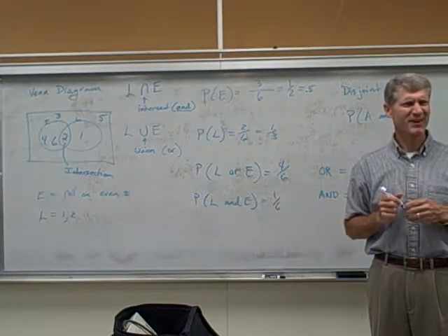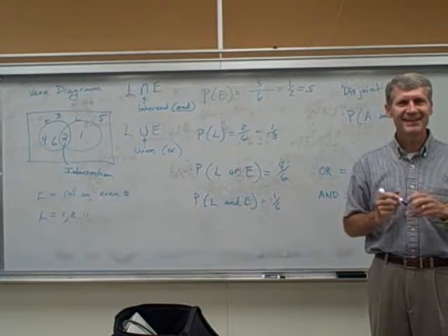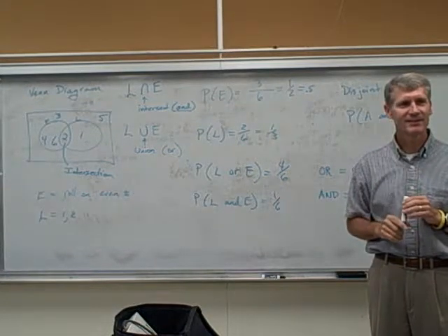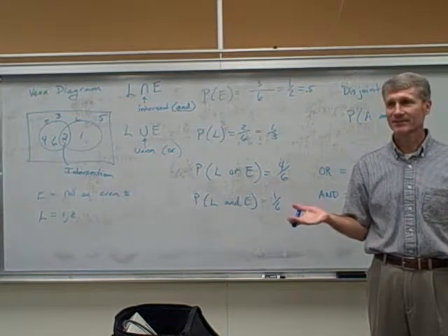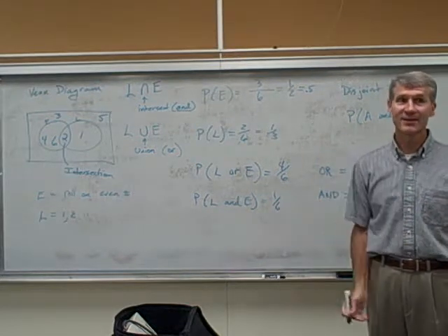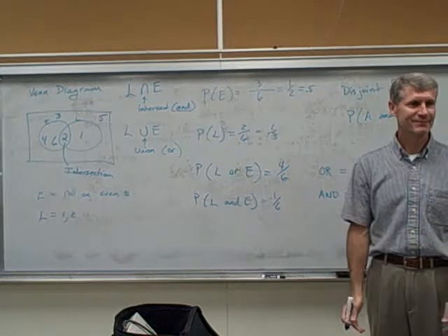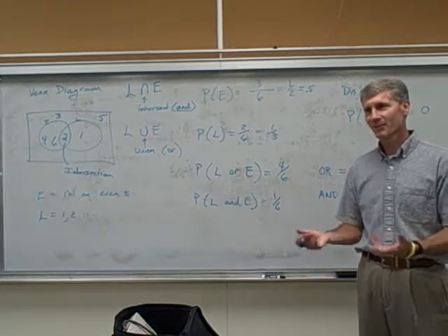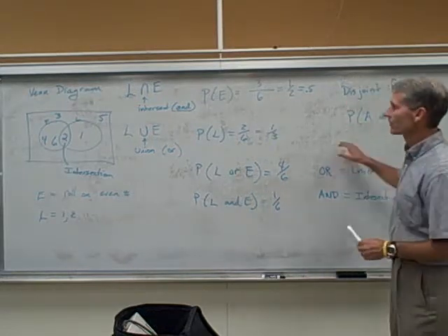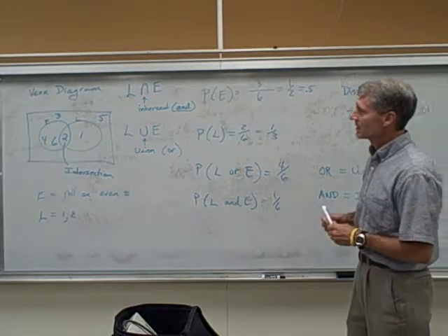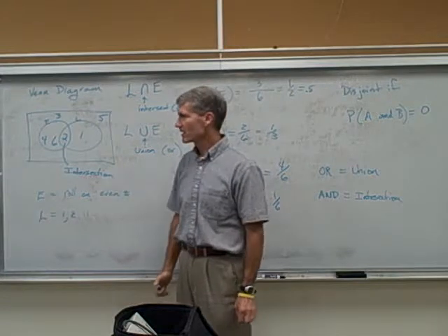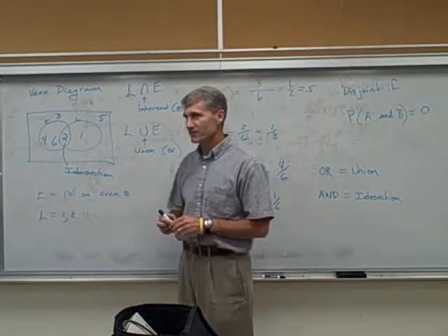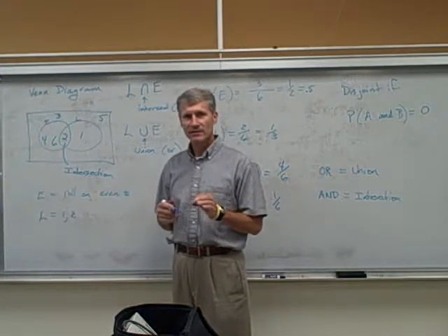Emily did this. E or E complement? 1. That's got to happen, right? You're either going to get an even number or you're not. Duh. Right? You roll it, you're going to get one of those two things. So that's a 1. A Venn diagram helps you compute fairly complicated probabilities, like what's the probability of not being